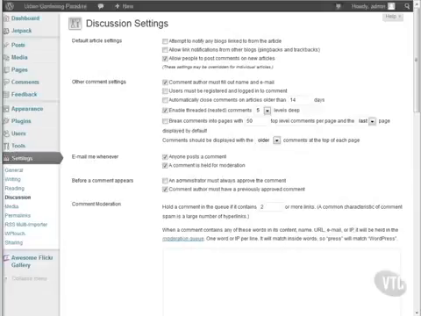So let's look at the discussion settings in the dashboard and take another look at some of the settings there. We've seen the settings before, but I want to add some security perspective to some of them now. Allow link notifications from other blogs. Unless you're just very concerned with having comments posted whenever another blog links to one of your articles, I would